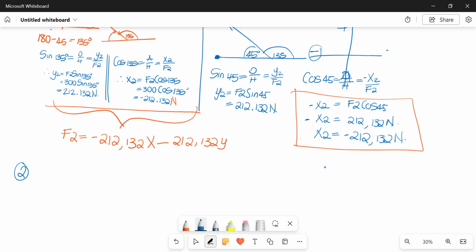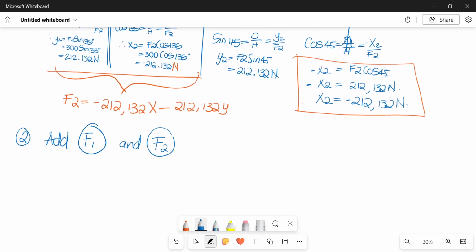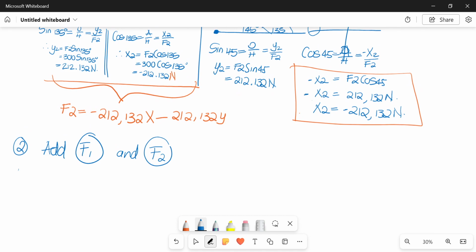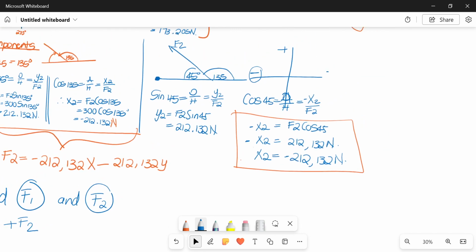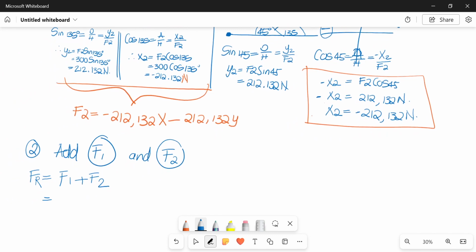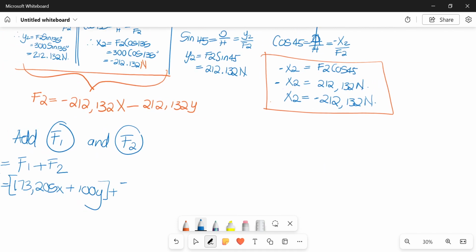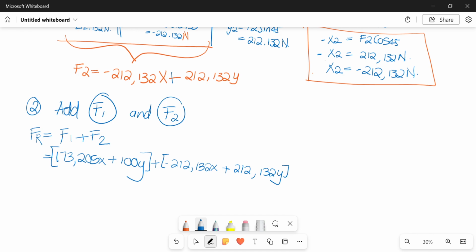Then you would remember step 2, we're essentially going to add F1 and F2. Okay, so our resultant force is your F1 plus F2. Our F1 is 173.205x plus 100y. Okay, that's our F1. Then our F2 was negative 212.132x plus, this is a plus, I don't know why it's a negative, it's meant to be a plus, plus 212.132y. Okay,